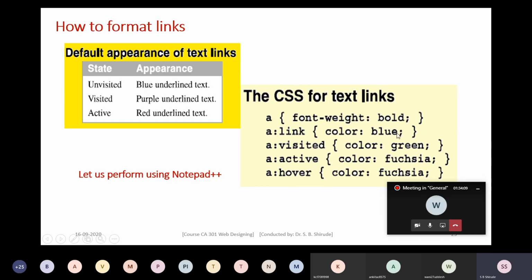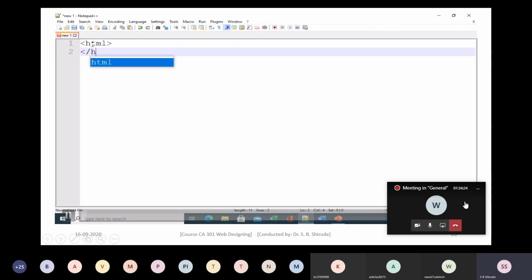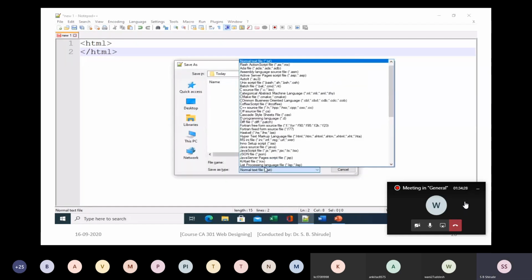For a:link color blue. For a:visited color green. For a:active color fuchsia. A:hover color fuchsia again. So we will see practically how you can work with the links by using CSS. So let us demonstrate it with the help of a practical.